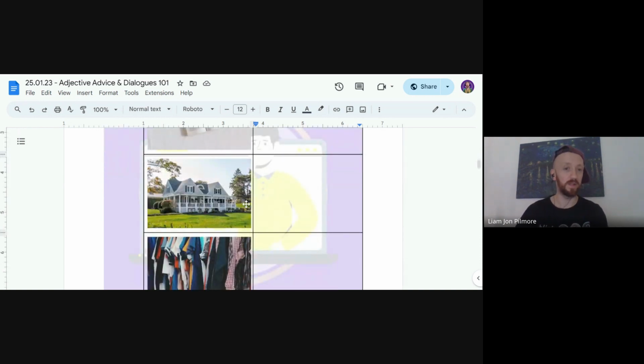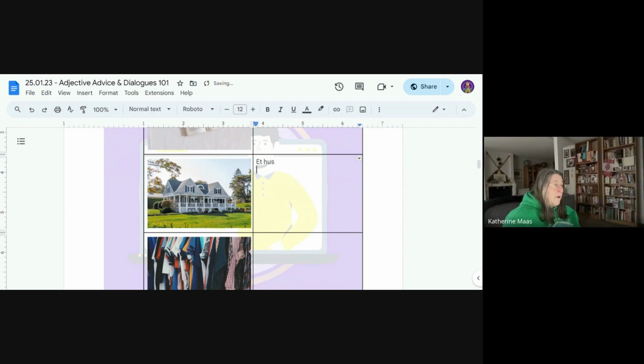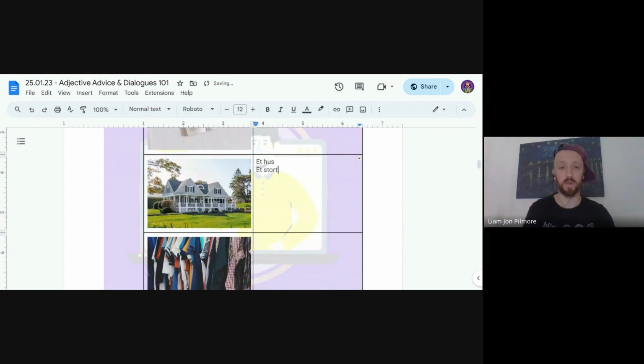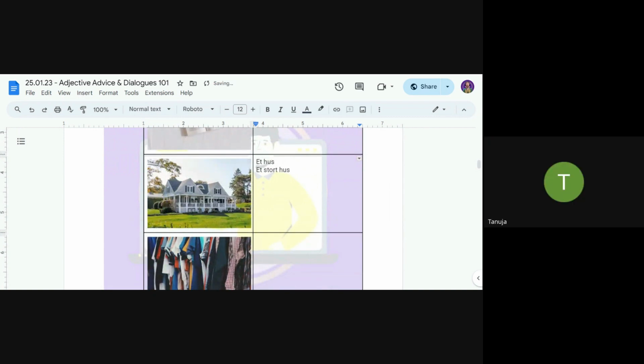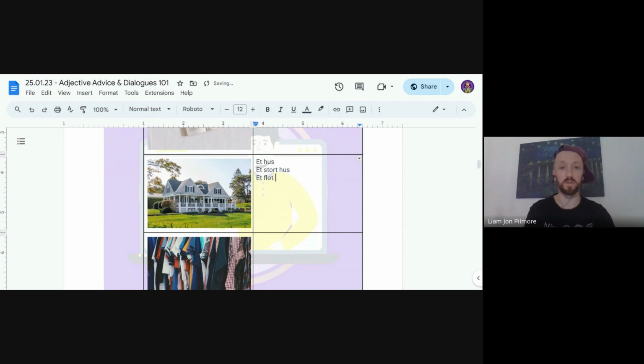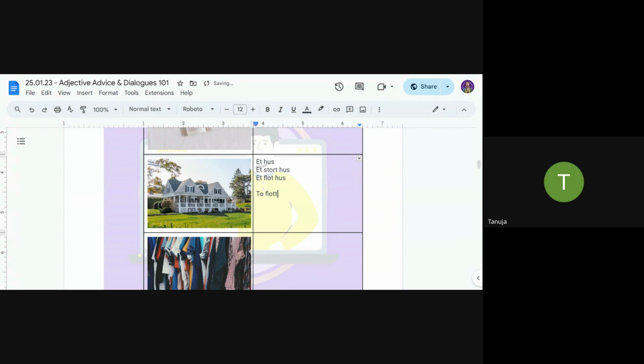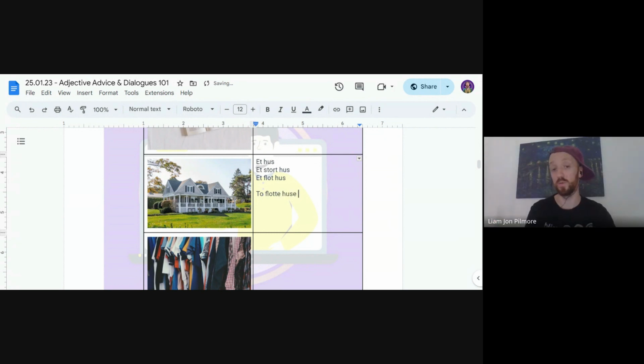Okay, so we've already mentioned it already. Et hus. So what might be a nice adjective for this one? Et stort hus. Ja, stort hus. Det er jo et stort hus. Et smukt eller dejligt eller flot hus. Sådan. Det kan også være et flot hus. So let's take flot. What if it was two? Flotte, F-L-O-T-T-E. Yeah, to flotte huse, and we add an E to huse. So again, this is kind of an irregular one. You have to add an extra T this time. Flotte.